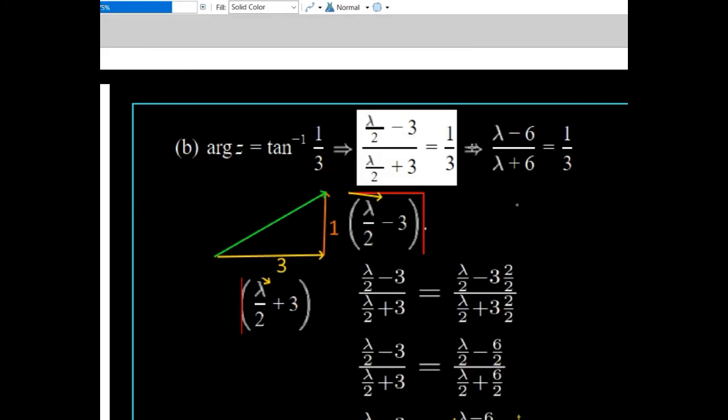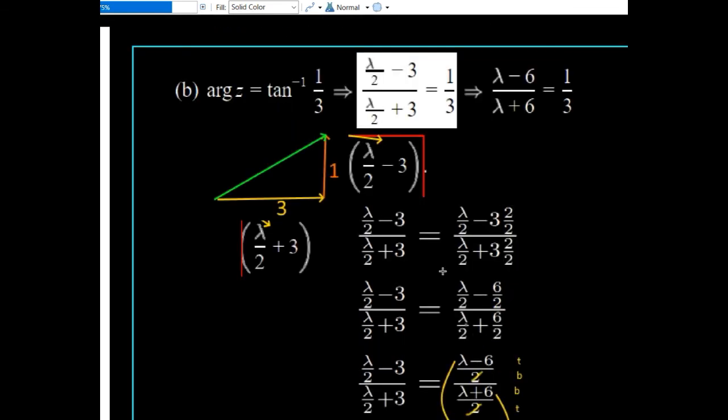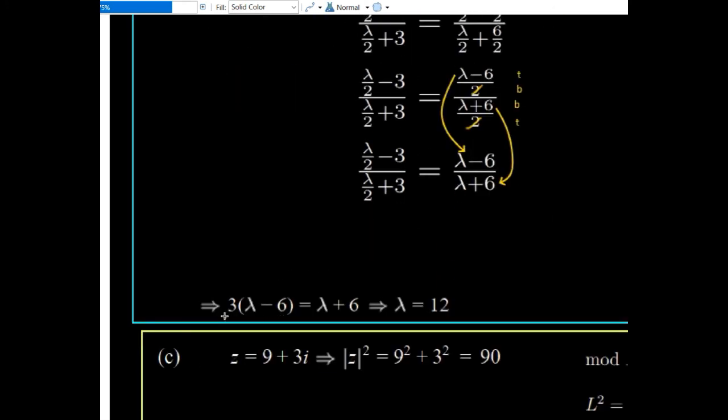So one of the things to be aware of, therefore, is that we're saying this whole thing can be written as lambda minus 6, and this whole thing can be written as lambda plus 6, and it is equal to 1/3, or the relationship between the opposite and adjacent side, because this is tan to the minus 1 of opposite divided by adjacent. Rearranging that, you end up with something very simple. 3 lambda minus 6 is equal to lambda plus 6, and lambda therefore is equal to 12. To conclude, the final part asks for the value